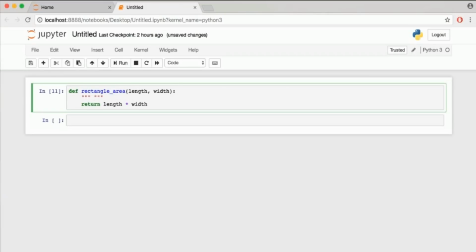In between the triple quotes, you can now write anything you want, whatever you feel best describes your function. The rectangle area function is very simple, so I'm just going to write calculates area of a rectangle. However, if you're dealing with a more complex function, sometimes a longer description is more appropriate. If you want to get